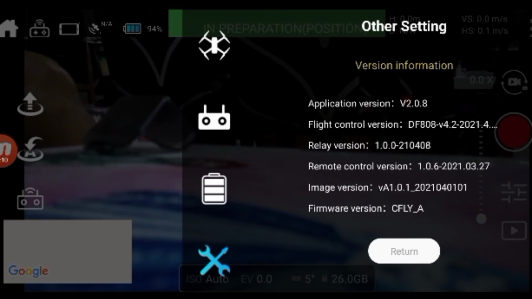Firmware version, application version, flight control version, image version, and so on and so forth. So yeah, that's it. So further down, no more. So just press the close button or the X.